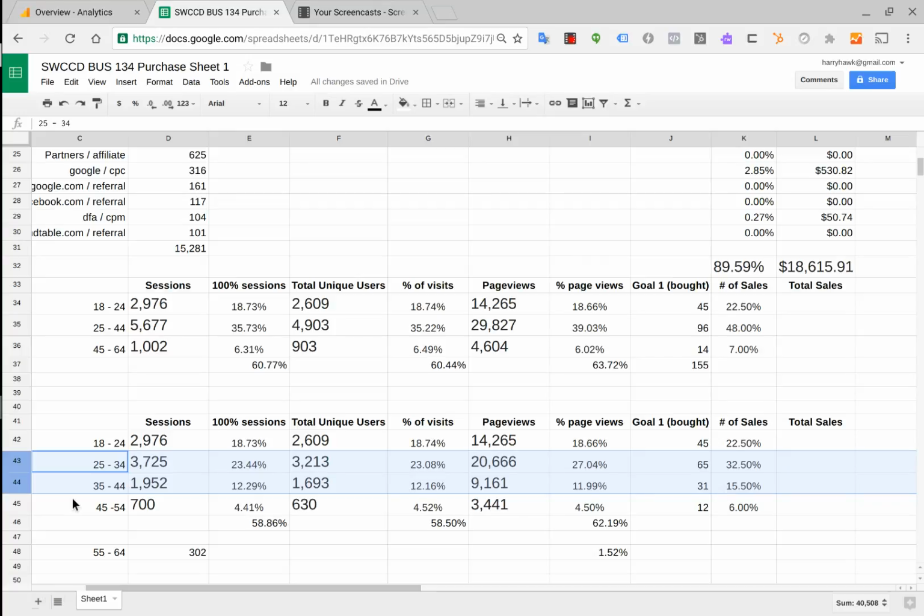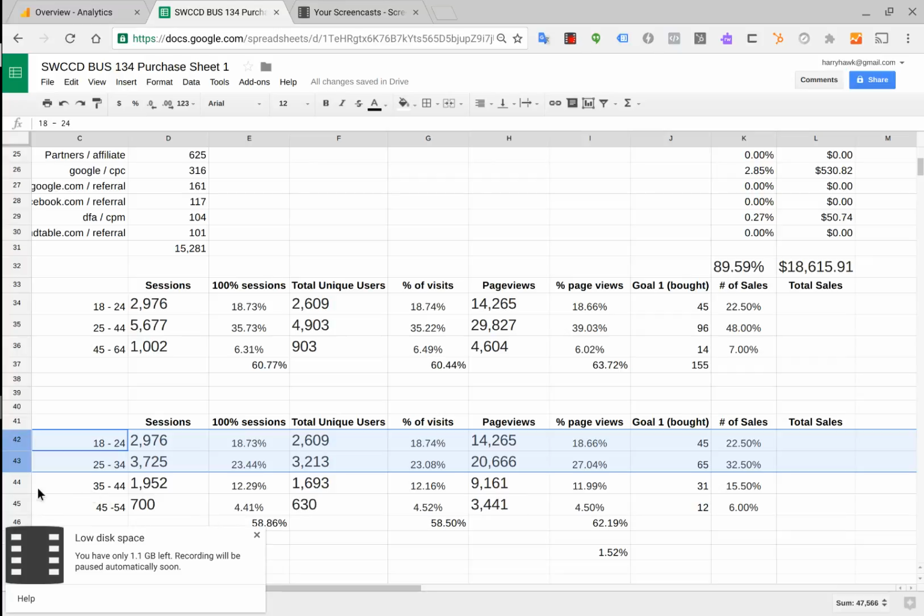And in particular, we can see the group that's 25 to 34 is accounting for 32%. So what used to be 48%, we can see that the bulk of that is coming from this group that's 25 to 34. And we can see that the younger group, 18 to 24, is better than the next group older. In other words, if you could only target two groups, targeting 18 through 34 would give you 55% of the sales, versus if you targeted